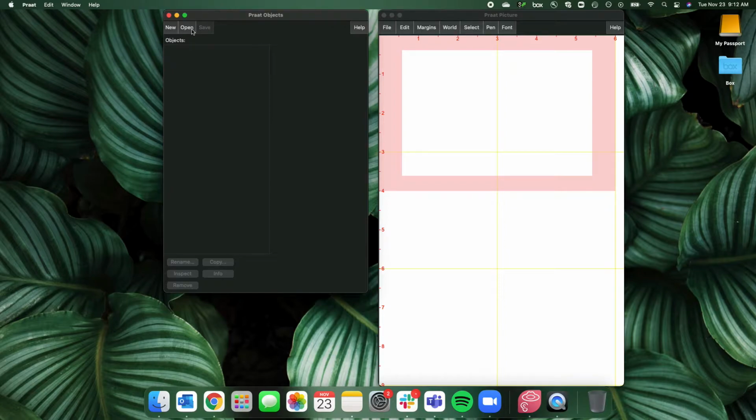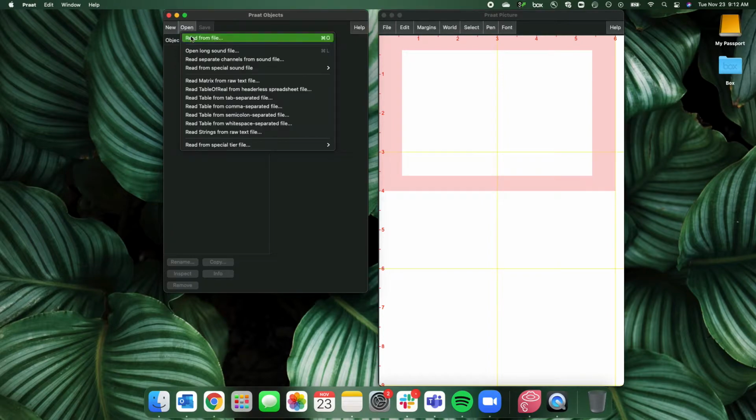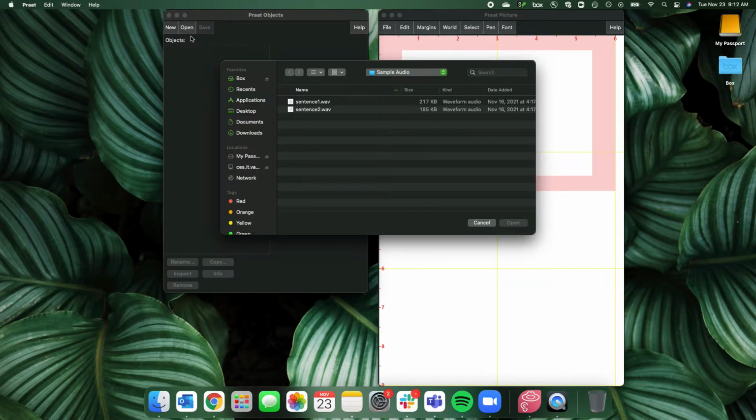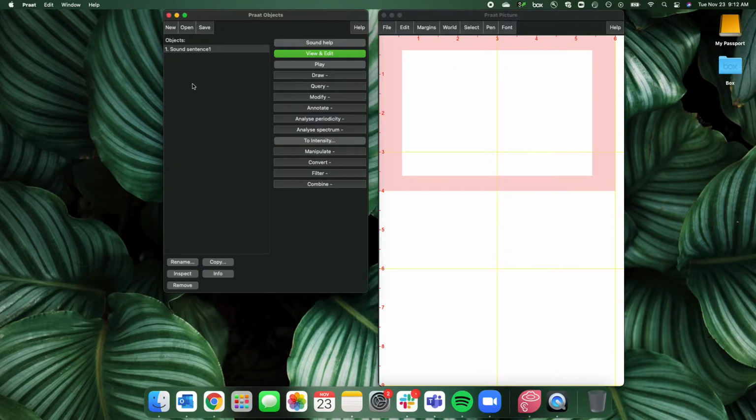So you're going to go ahead and click Open, Read from File, and go ahead and click your WAV file. So you'll have to have this highlighted. You can press play to listen to your audio, but if you want to take a look at the acoustic information, you'll have to